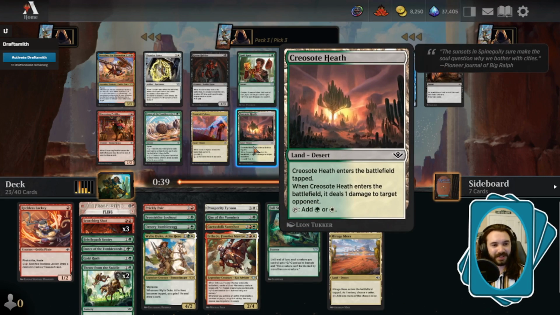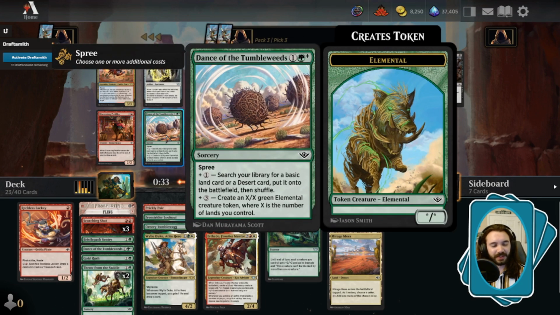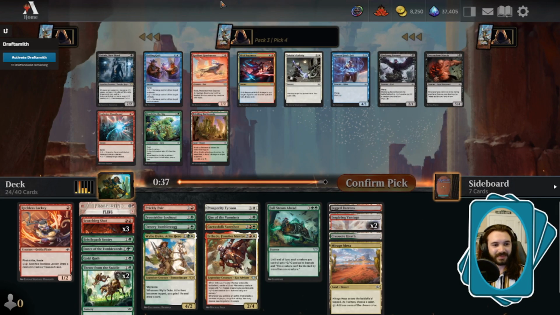Well, another Crazed Out Heath. Thunder Lasso I like a lot too. Discerning Peddler's fine. We could try to take a Dance of the Tumbleweeds. Do some more ramping. Could just take a Heath, though. I like having good mana. Let's take a Heath. Oh, I can just keep taking good mana, but at this point...